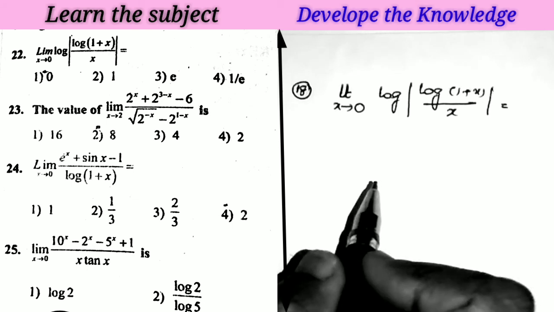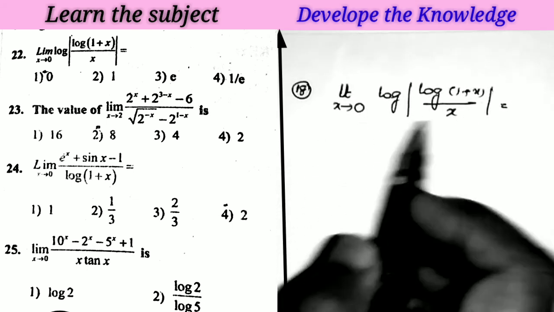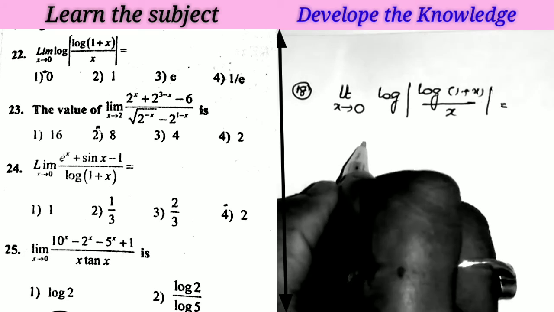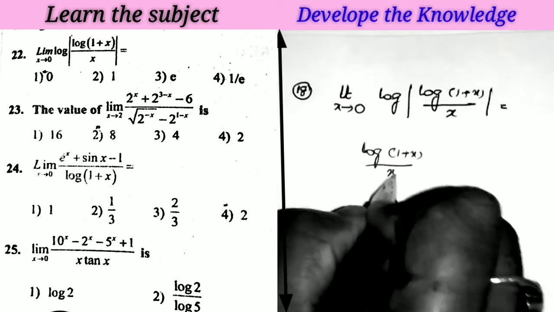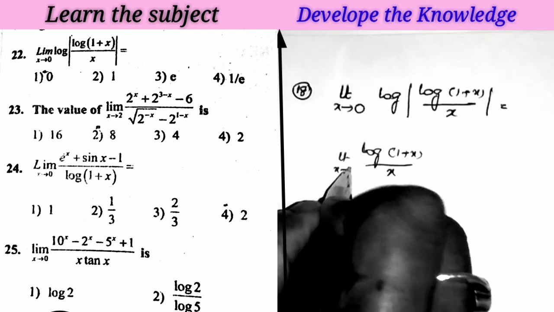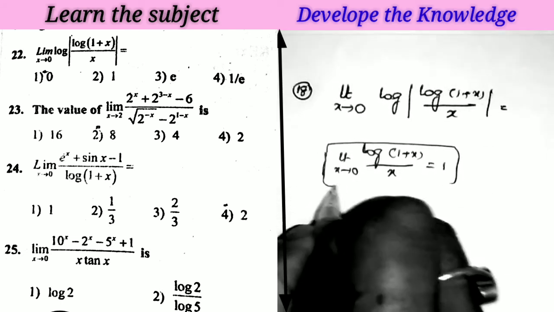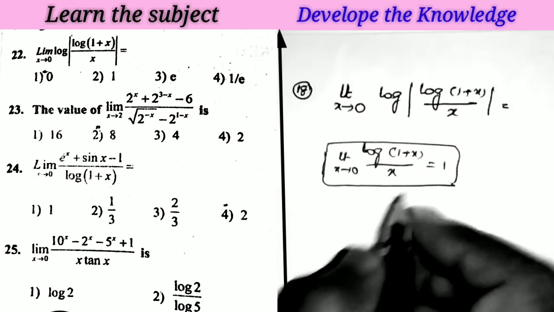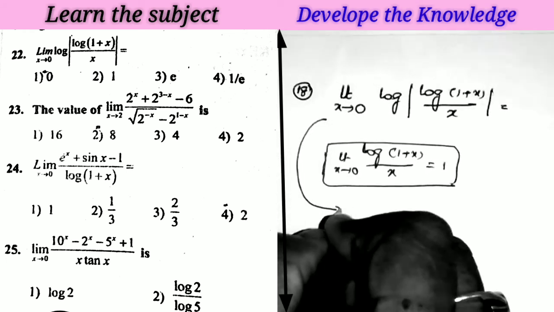Now the next question, very easy question. Limit x tends to 0 log of (1 plus x) by x. So direct formula. What is the formula for log of (1 plus x) by x? Limit x tends to 0, this value is equal to 1. This is the direct standard formula: limit x tends to 0 log of (1 plus x) by x is equal to 1. Now applying that formula here, the given question becomes: